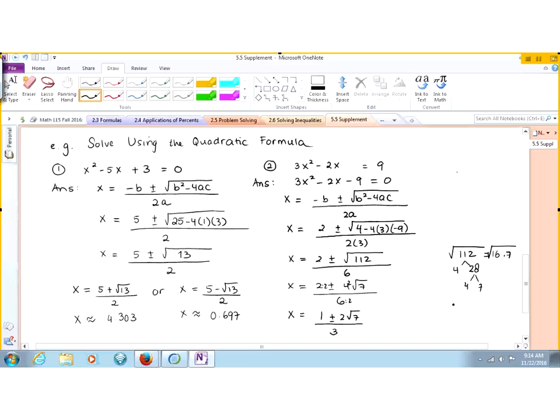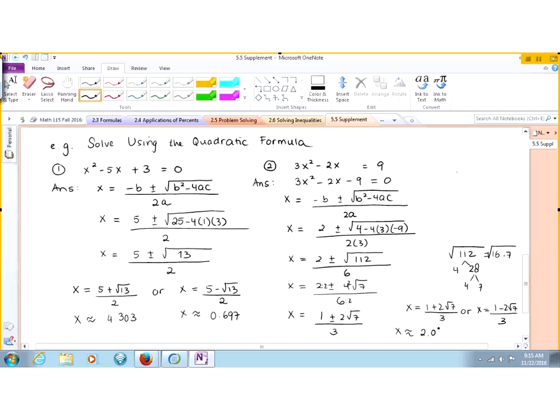So what are my solutions? x is 1 plus 2 square root of 7 divided by 3, or x is equal to 1 minus 2 square root of 7 divided by 3. Can we get an approximate value? What is the approximate value? So can you take out your calculator? 1 plus 2 square root of 7, equals, and then divided by 3. So that's going to give us